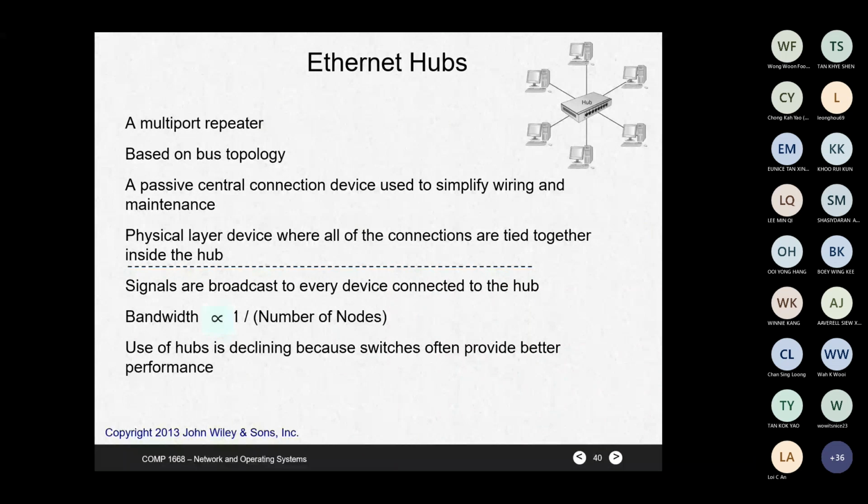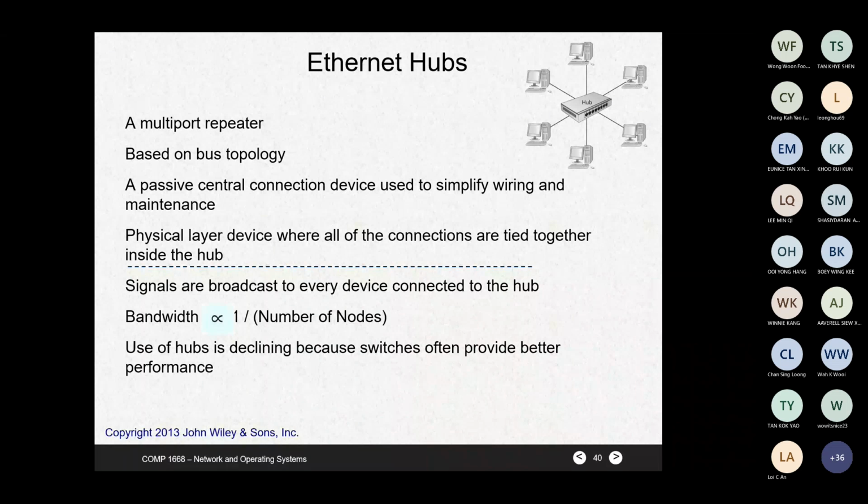Other than that, you need to know what is bandwidth. Make sure all of you know how the hub is being used in the network, how the hub is being connected in the network with various devices. You should be able to explain that. And also to add on,